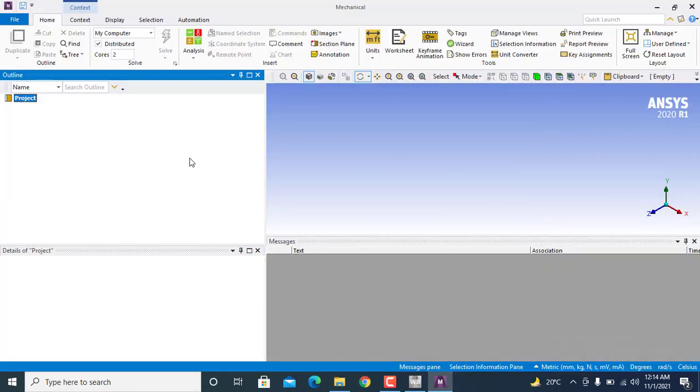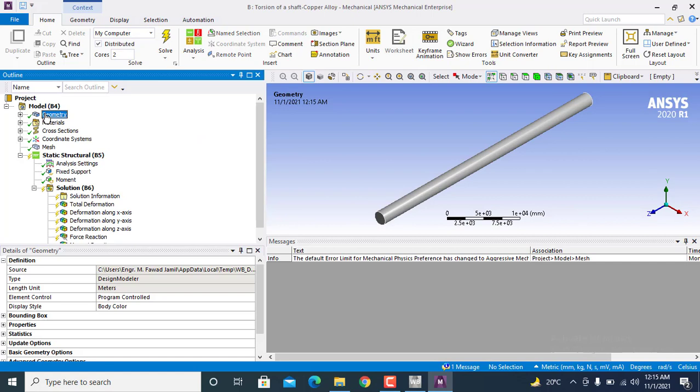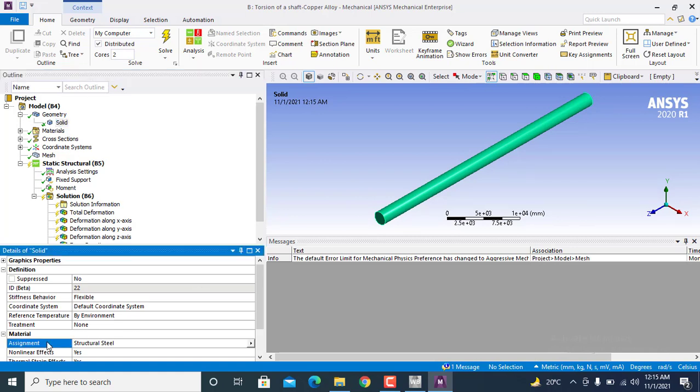It is loading the ANSYS mechanical window. The ANSYS mechanical window has been opened. You can go to the geometry tab and click the plus icon and press solid. You can go into the details. You can see the material assignment, which is structural steel.